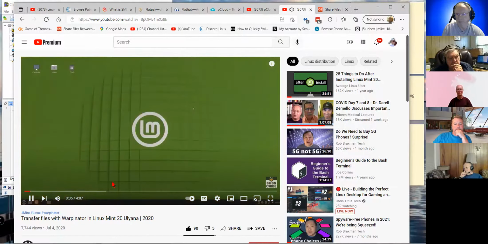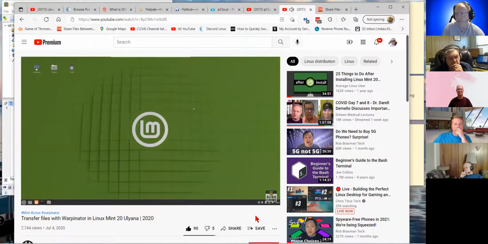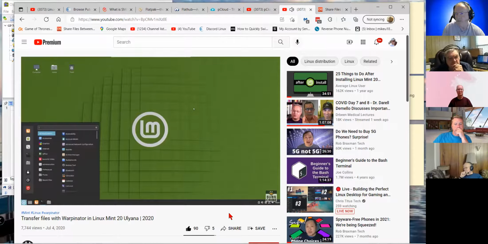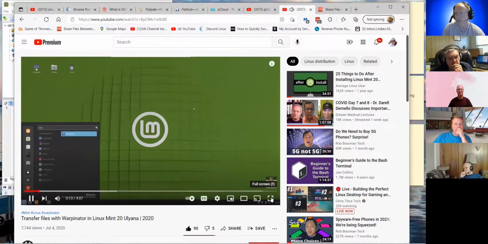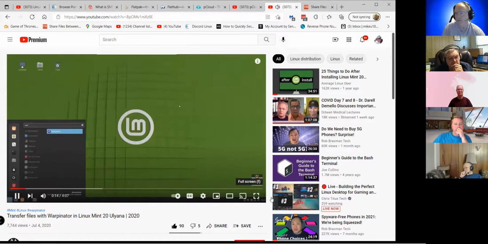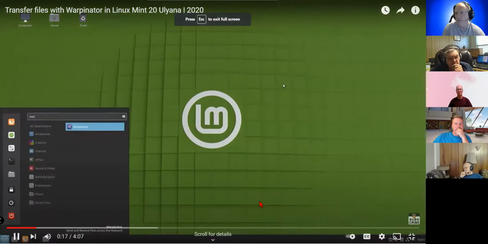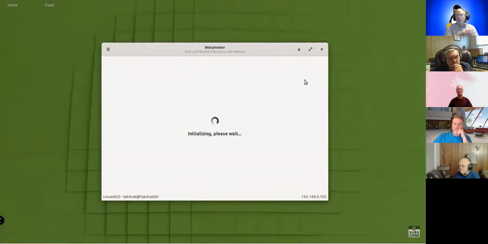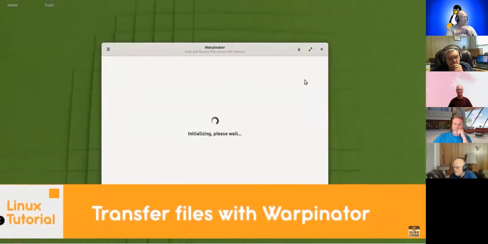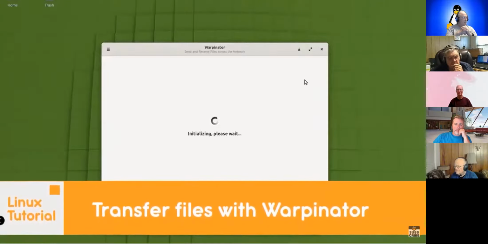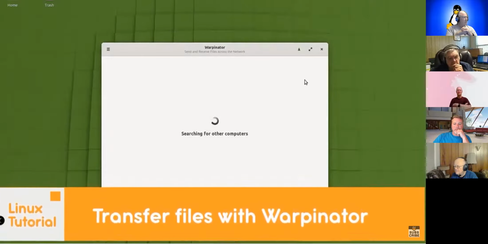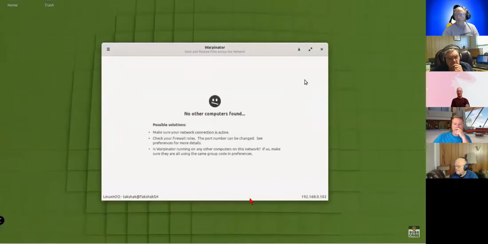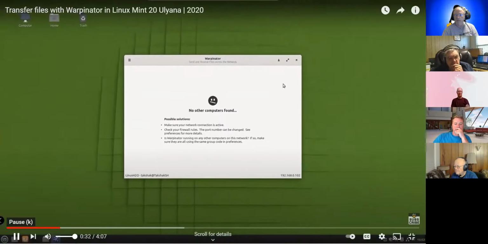Recently, Mint 20 was released, and it comes with a pre-installed application known as Warpinator. And this application is very amazing because it allows you to transfer files between computers in a local network. So this is the application and this is the Warpinator. So in this guide, I'm going to show you how you can transfer files between two Linux machines, both running Mint 20. So before proceeding, make sure the both